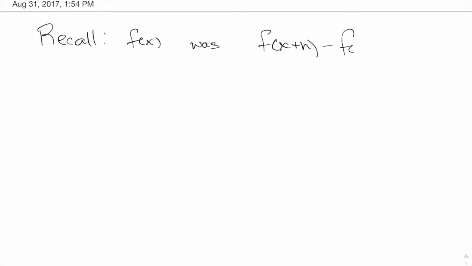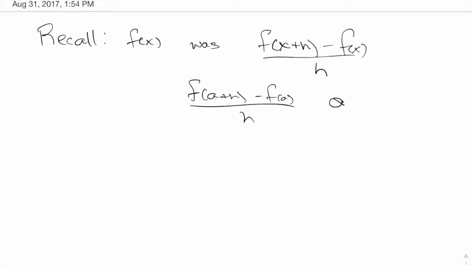Okay, right now we're going to learn how to solve some different difference quotient problems. If we recall, the difference quotient for any function f of x was f of x plus h minus f of x all over h. Although I think the example we did in class dealt with f of a plus h minus f of a all over h. The only difference here is the a is switched with the x, so it really doesn't